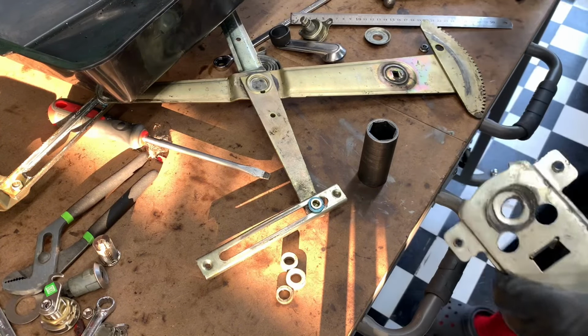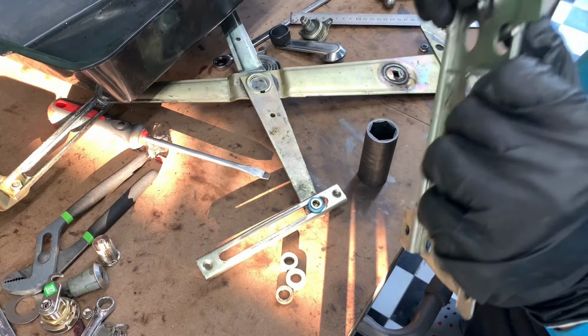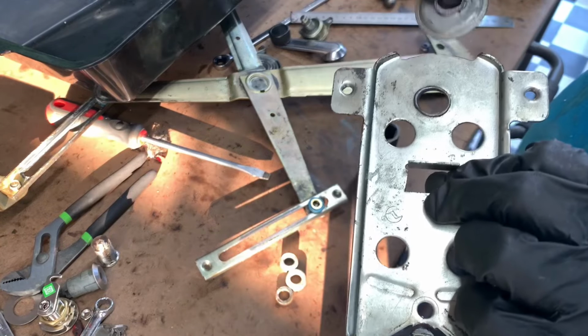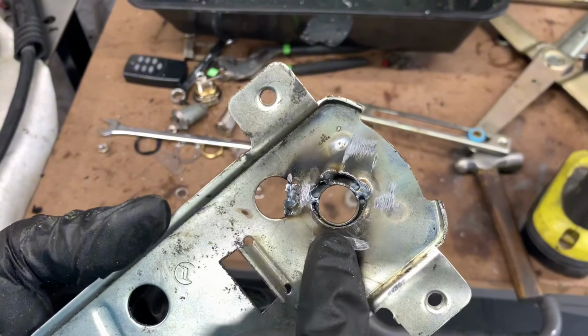Okay, I have some unconventional methods. I found this sway bar end link, which I want to insert into here and then take the place of this. The garage is a mess, but this is what I did. I drilled out the hole,